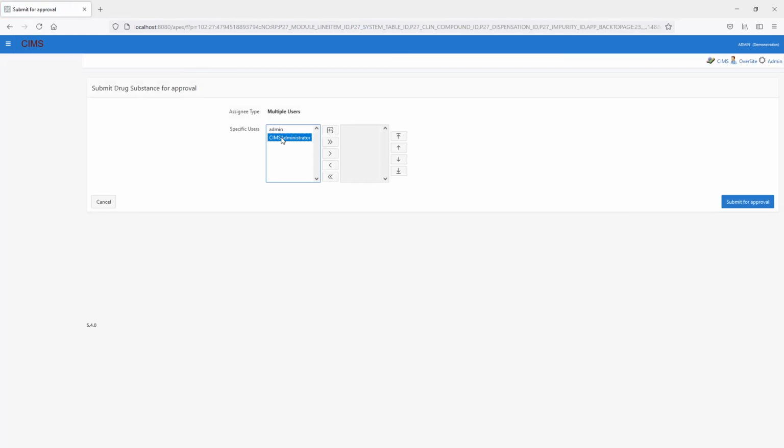The system will list for me all of the users that have the rights to approve this. So I'm going to add the admin for now. I can add a second user if I like, and I can change the order. For now, I'm going to just do 1. But the system will send out emails to the person whose turn it is to approve when it becomes their turn to approve. So in theory, if I did these 2, each one would get an email in consecutive order, unless the CIMS administrator user rejected the workflow, in which case it is closed, and it goes back to the originating user. So for now, I can demonstrate with 1 easily, and you end up simply with 1 that is